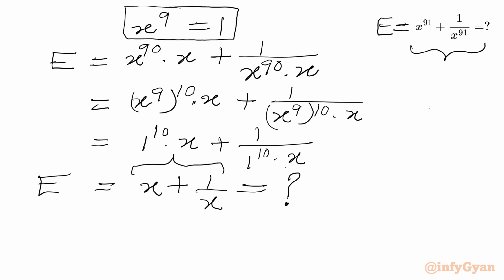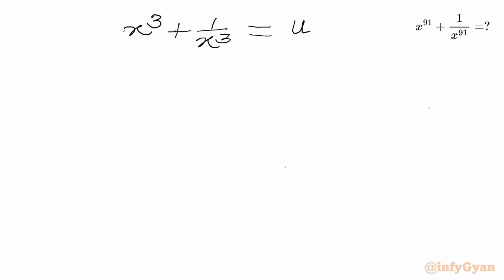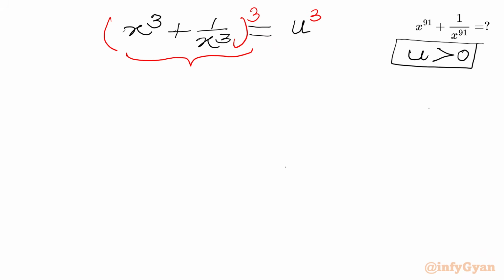Now I will consider one substitution. Let's say x cube plus 1 over x cube, suppose this is equal to u. x is positive, so u must also be positive for x to be real. Now we will be cubing both sides. So I will put power 3 in LHS and RHS. Now we have to apply the a plus b whole cube formula in the left hand side. So we will get x cube whole cube, x power 9 plus 1 over x power 9 plus 3 times